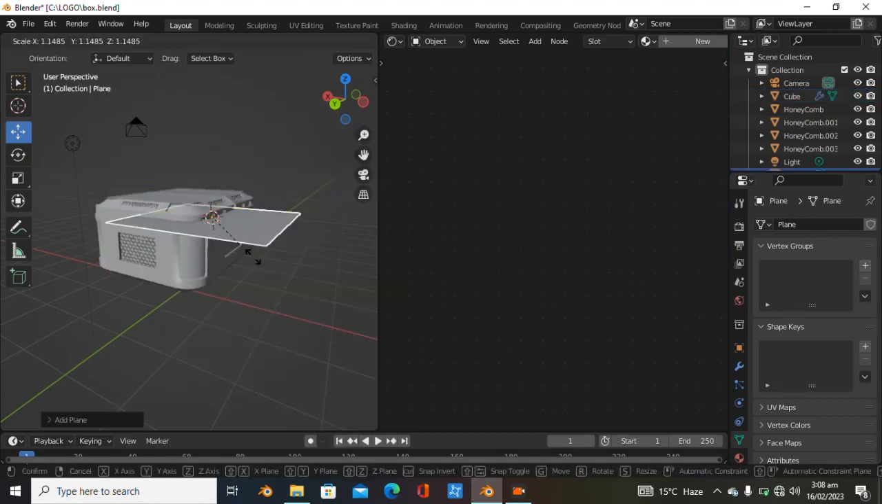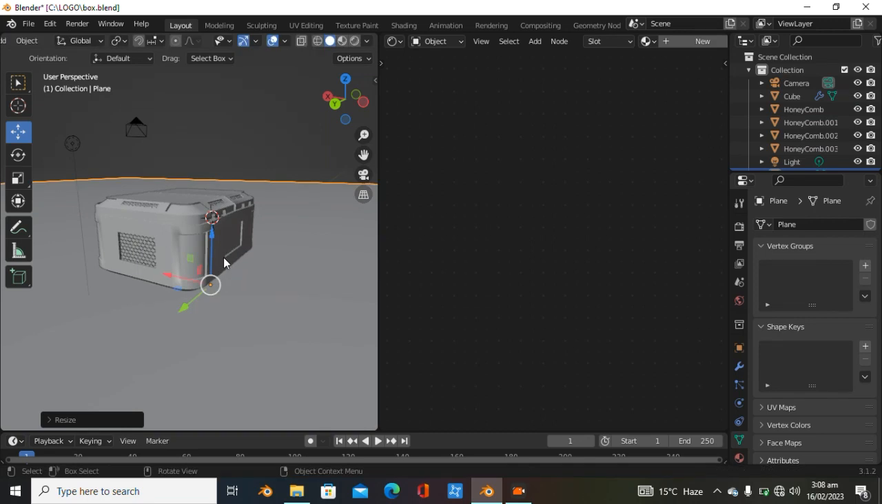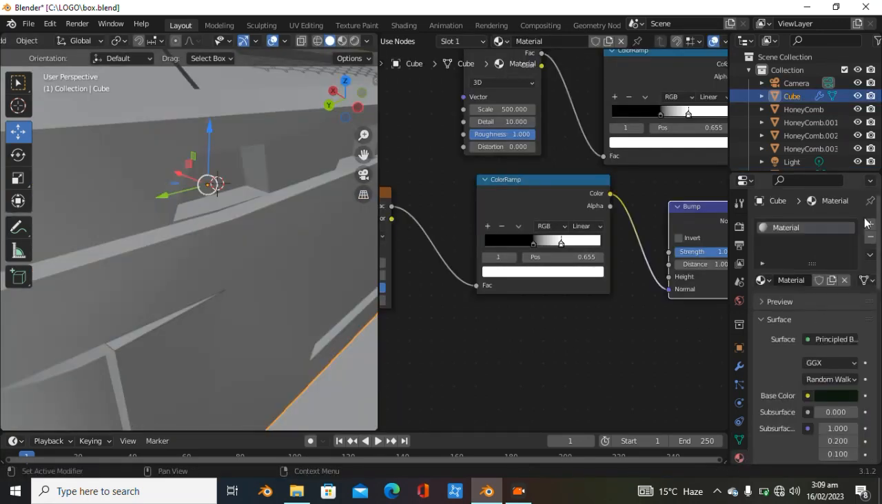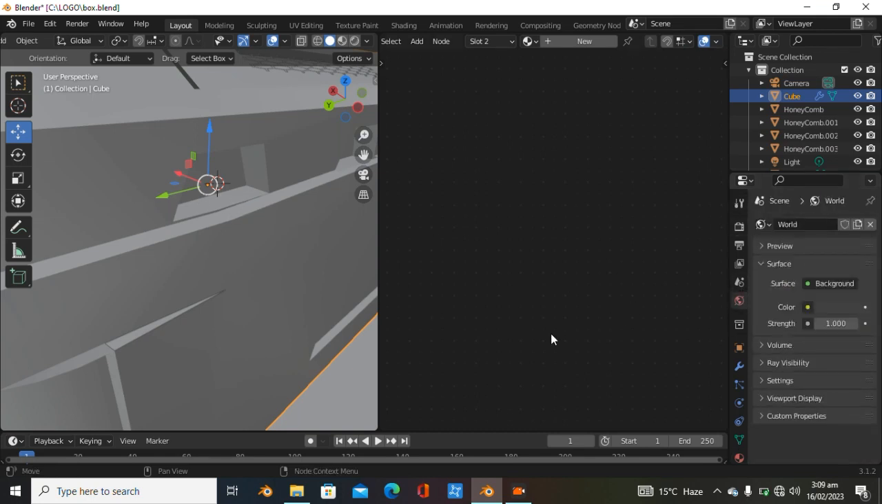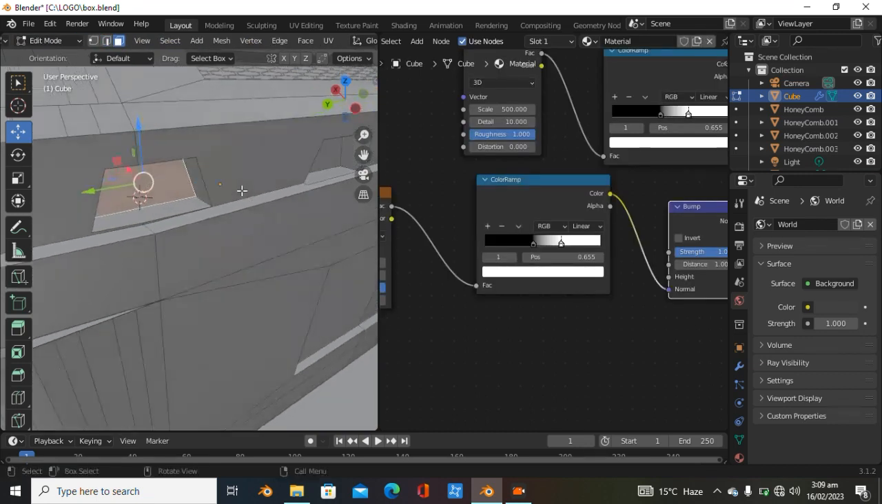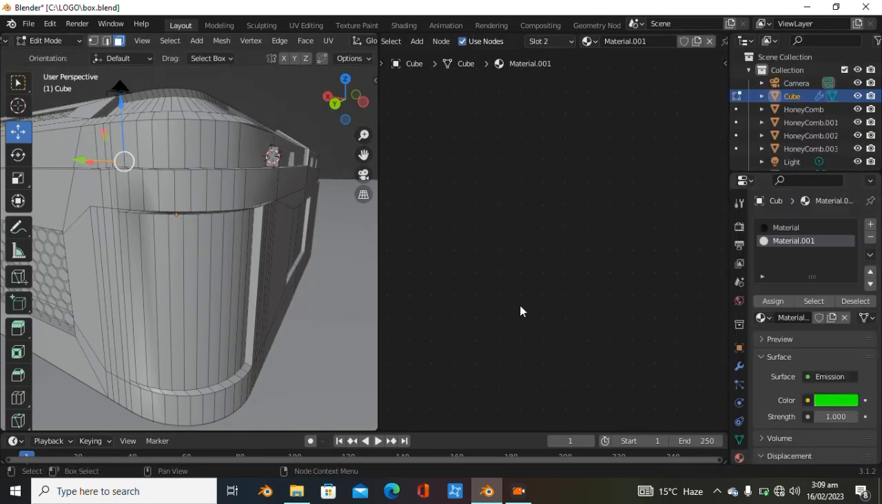I'm gonna add a plane to it. I'm gonna grab it on the z-axis just a bit, something like that. And yeah, I'm gonna add some kind of new material to our box. I'm gonna go to edit mode of this box and then select some of those faces, this one and also that one, also on the other side, and add an emission material with a green color somewhere right here,